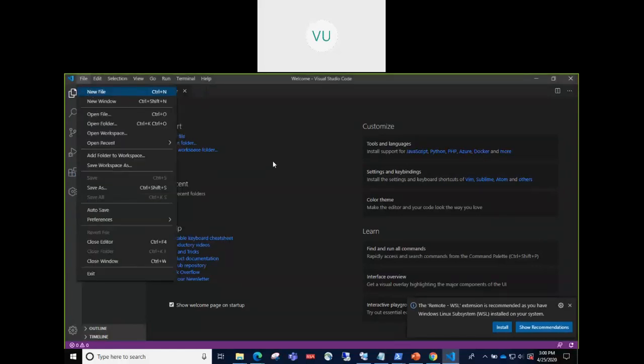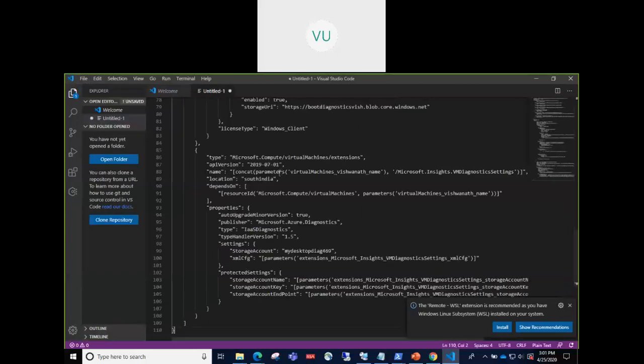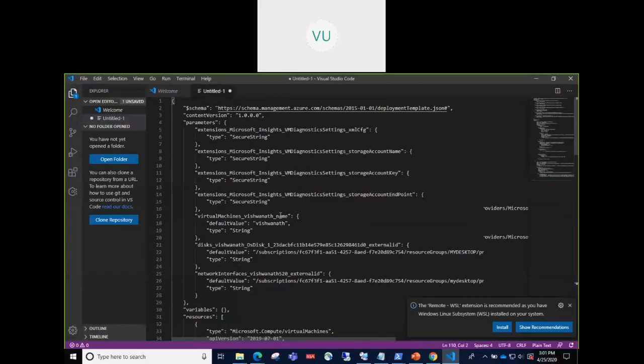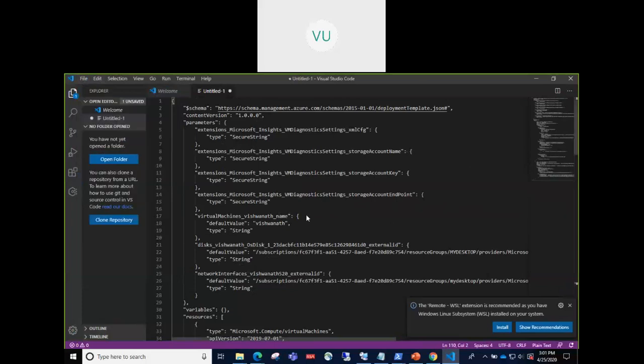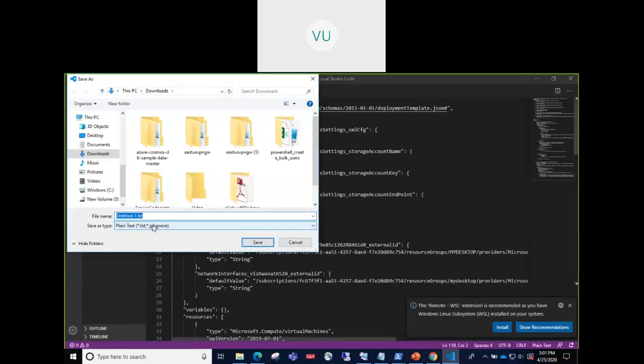Okay, let me open one JSON file, new file, and we'll copy paste our ARM template here, and let's save this as a JSON file.